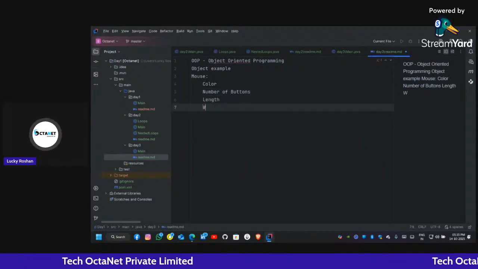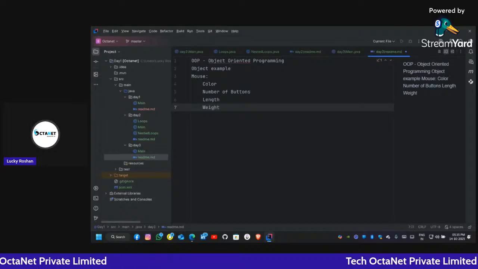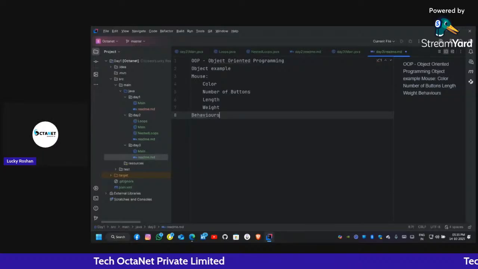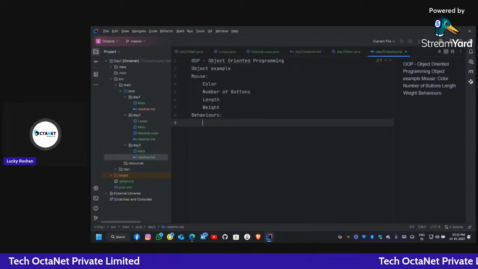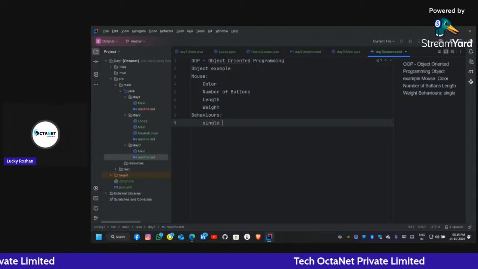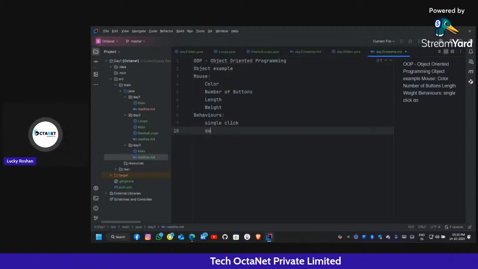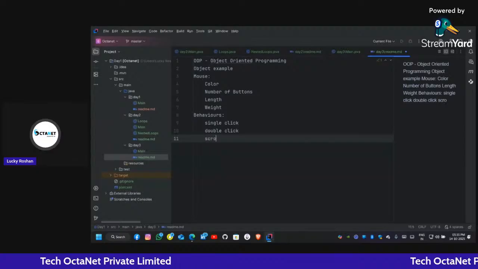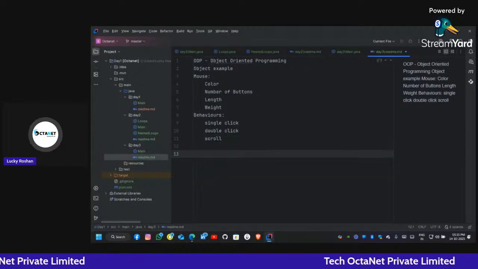Mouse has a weight and so on. So what should be the behavior of the mouse? The behaviors are mouse clicks. That's like single click. Then double click. Then we can say scroll. So these are the behaviors.